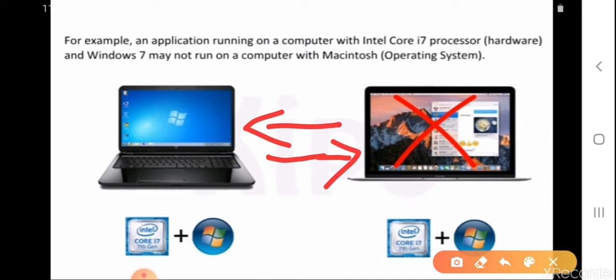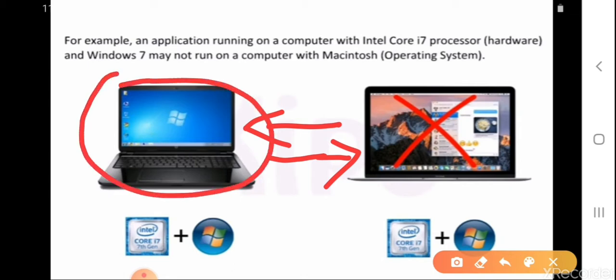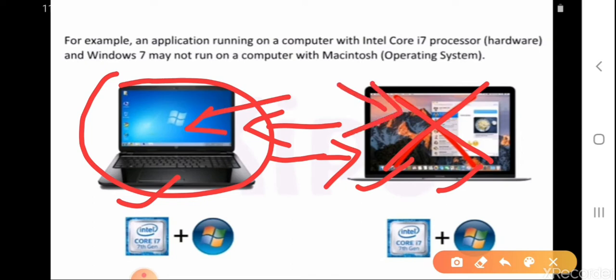Now, what happens to software applications is that an application running on a computer with an Intel i7 processor and Windows operating system may not run on a computer with the Macintosh operating system. A software which runs on this platform may not work on this platform.